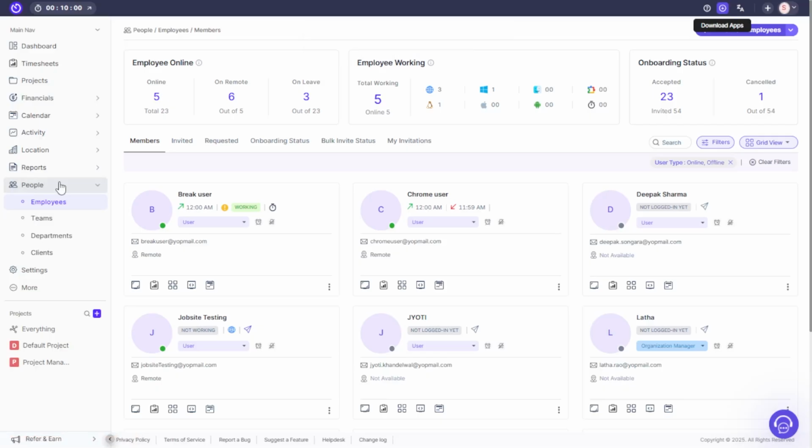In this video, we are going to understand the employee module. For that, you have to come up to the side navigation bar. Under people, click on employees. Under the member section, you will be able to see the list of all of the members which are visible